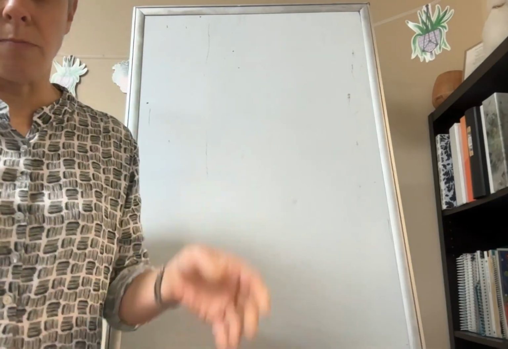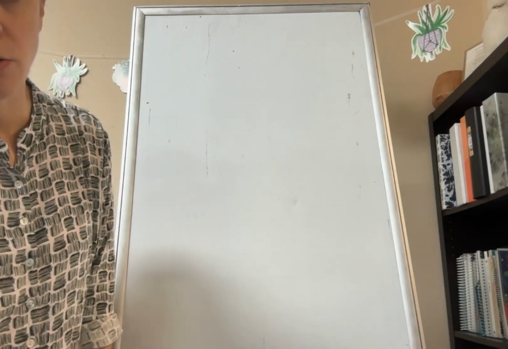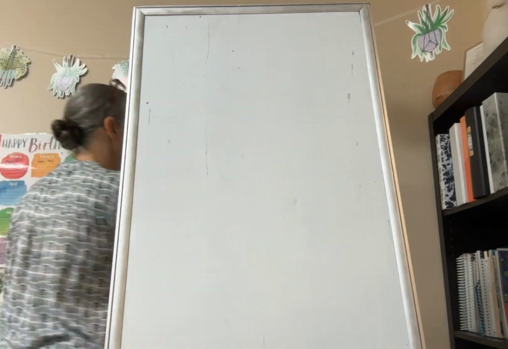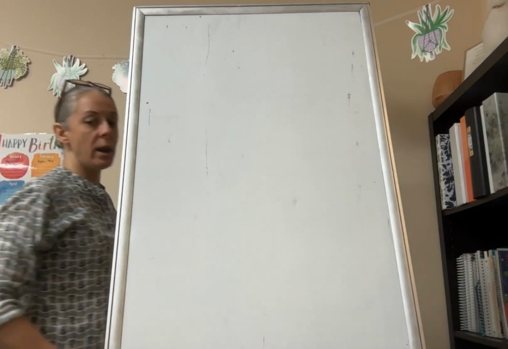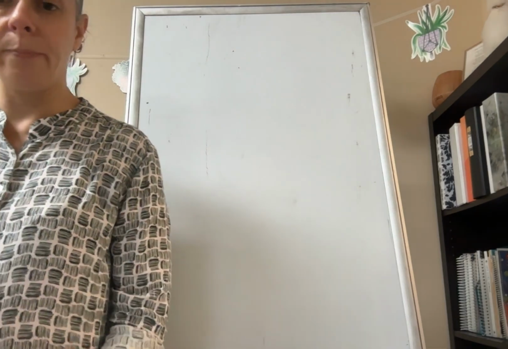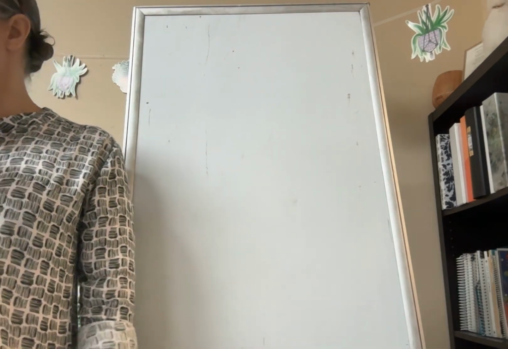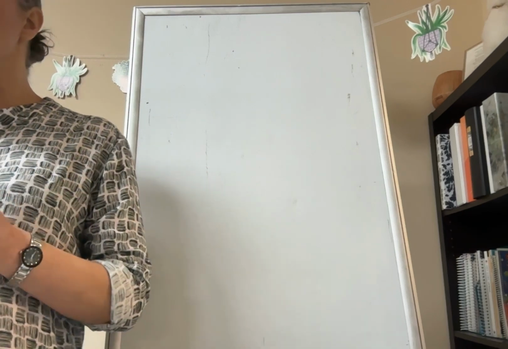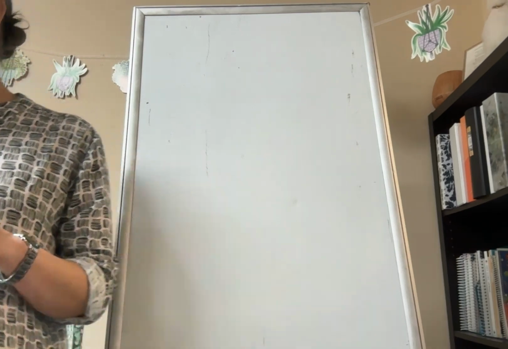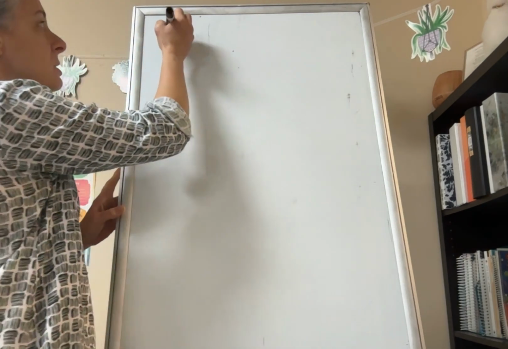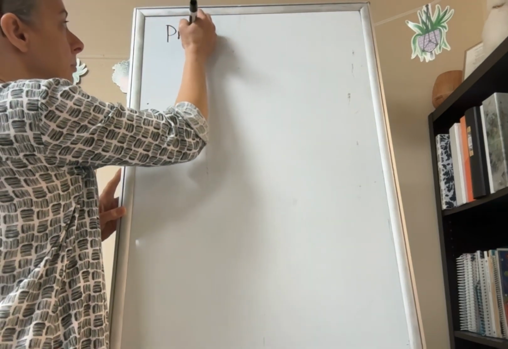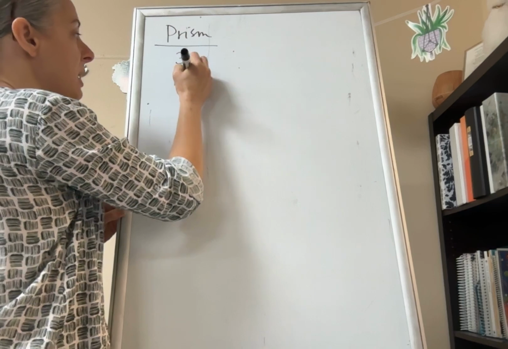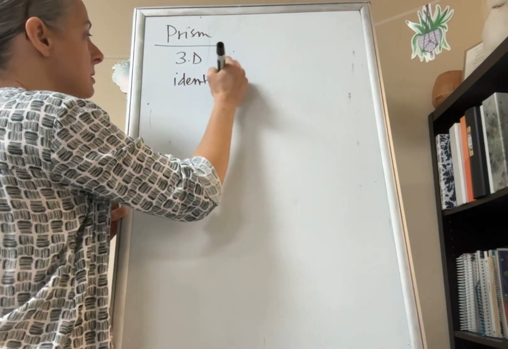Okay, so today's math lesson is about the surface area of prisms. Now, first off, let's talk about what a prism is, right? A prism is a three-dimensional figure. We identify a prism by its bases, okay? So a prism is a 3D figure. We identify it by its bases,